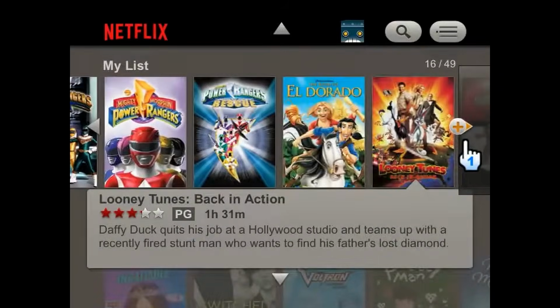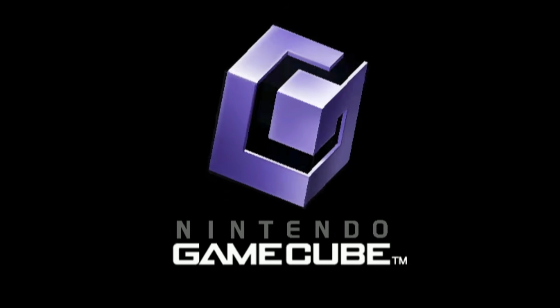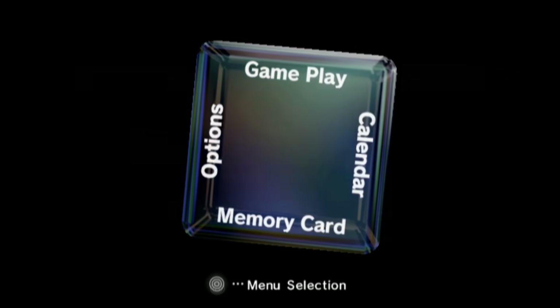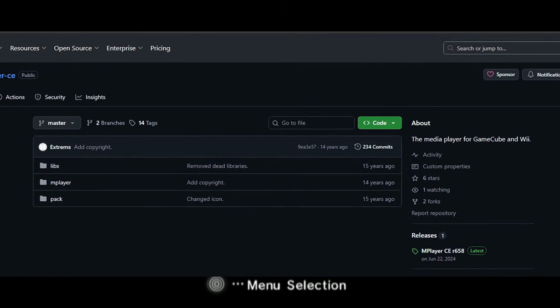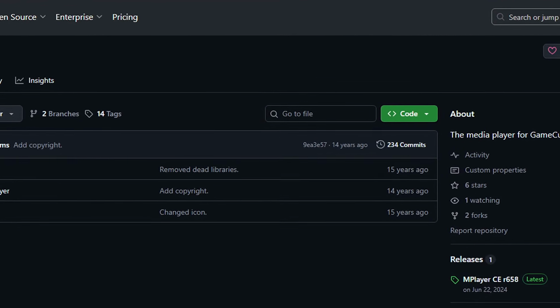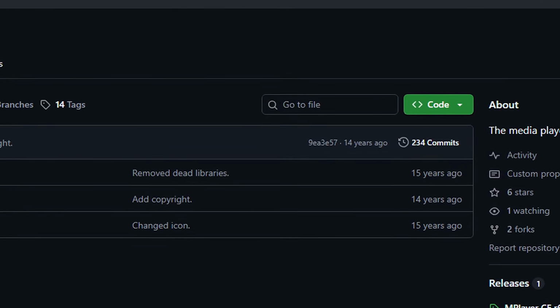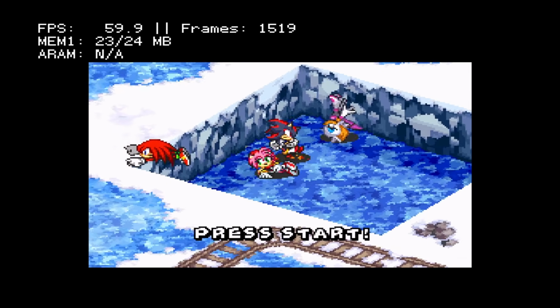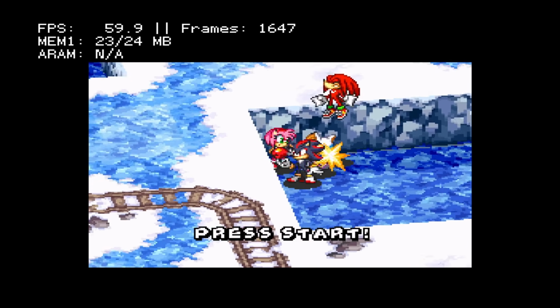apps. But going back to the GameCube, if you wanted to play video on it, you'd look no further than the very functional port of MPlayer. MPlayer is a media player for the most popular codecs at the time. I say at the time because this port hasn't seen an update since 2011, and that's precisely what I'm going to change. Updating MPlayer is quite a problem because of the very limited memory of the GameCube.